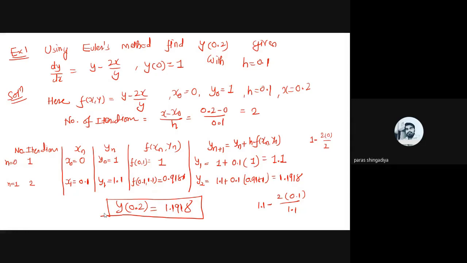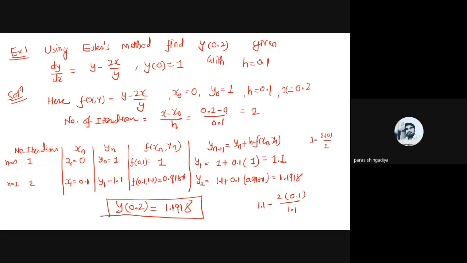Okay, so this is a technique to solve the Euler method. All the data will be there in the example, there is no such data that you have to derive again. f(x,y) will be there, the initial condition will be there, the value you have to derive will be given, the value of h will be given, and accordingly you have to predict the number of iterations.